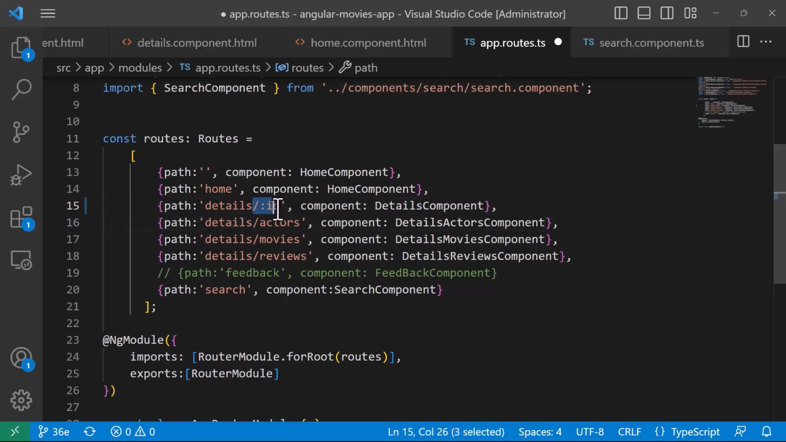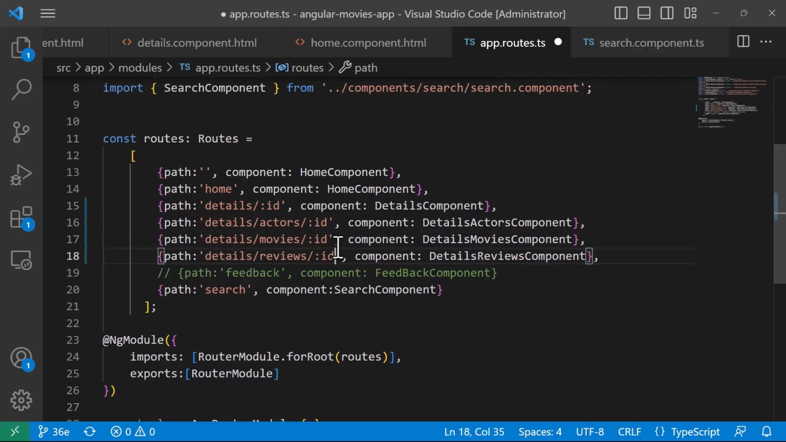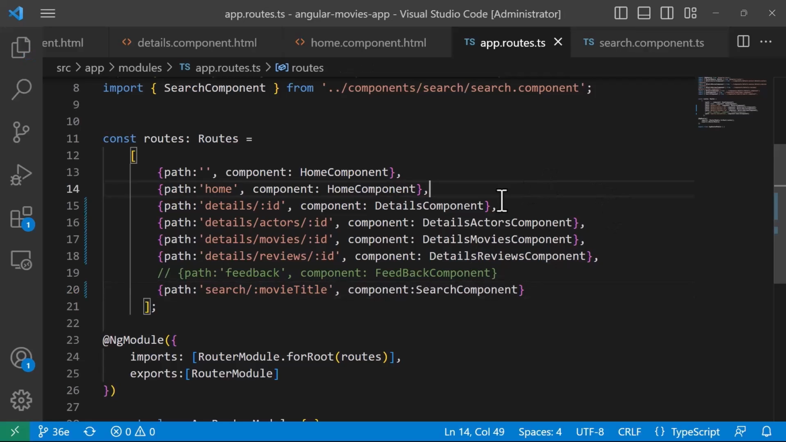The same goes for the actors. I'll just copy this part, paste it in here, then this here, and then in here. You can type in here whatever you want, but if you want to use this then in the component, you need to use the ID or whatever value you type in here. So for example, for the search, I'll just type in here slash, and then I'll not use ID, but I'll use movie title instead. Now let us just save the change in here,